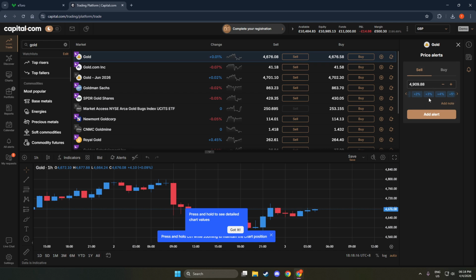After you've entered the target price, click Set Alert. That's it. The alert is now armed. From this point, Capital.com will watch that price for you and let you know when it's reached or crossed, according to how alerts function for that market. You'll see a confirmation on the platform, and when the level is hit, you'll receive a notification in line with